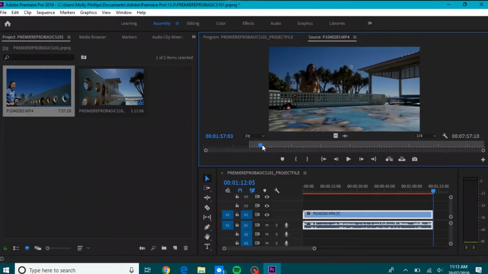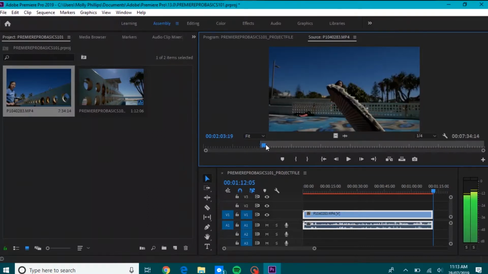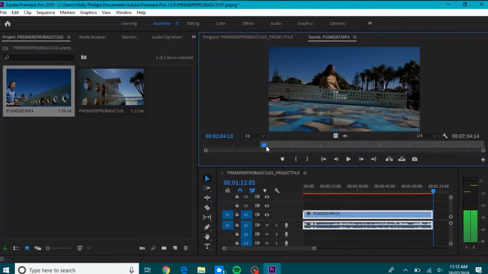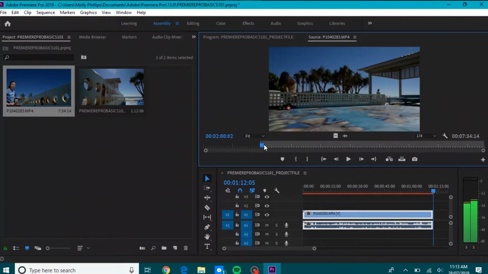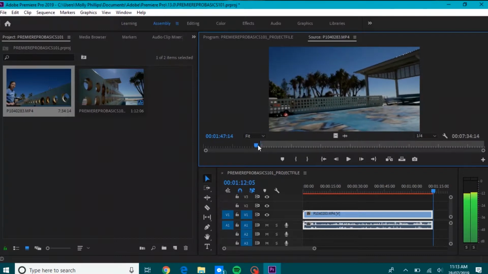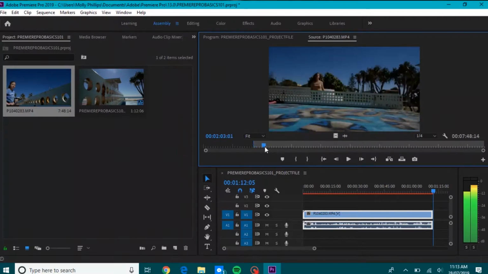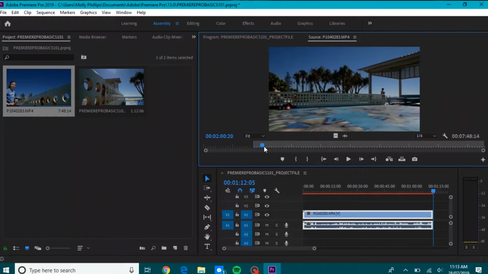Don't just drag your really long file straight from the media browser to your sequence. Otherwise you have to go through the whole thing and search for the proper files, the proper spots. And once you've done that,